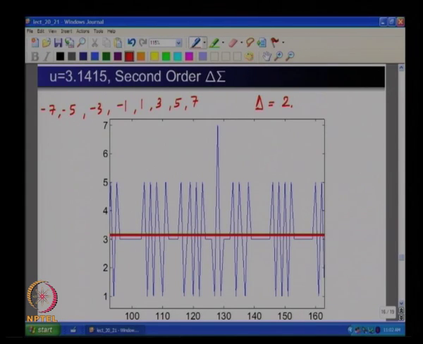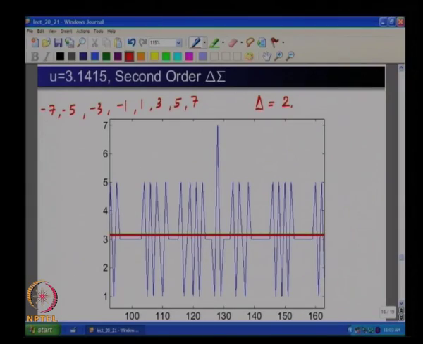Okay. So when I put in 3.1415, the output, no, the average of the output must be 3.1415. So it makes sense that the output is hovering between 3, 5, 1 and occasionally 7, and on the average it seems likely that the output voltages of the quantized sequence is